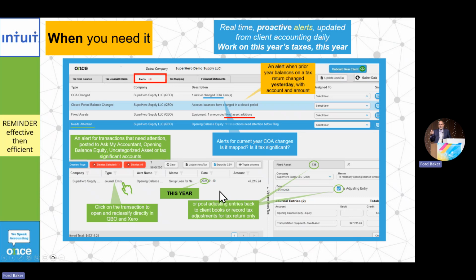And then here's the biggest one that's really made a huge difference: the account balance that changed in the closed period. That's a huge alert, right? Cash went up by $500. Professional fees went down by $500. Hey, tell me that happened yesterday, because that's going to happen 10 times, even if we lock a file inside